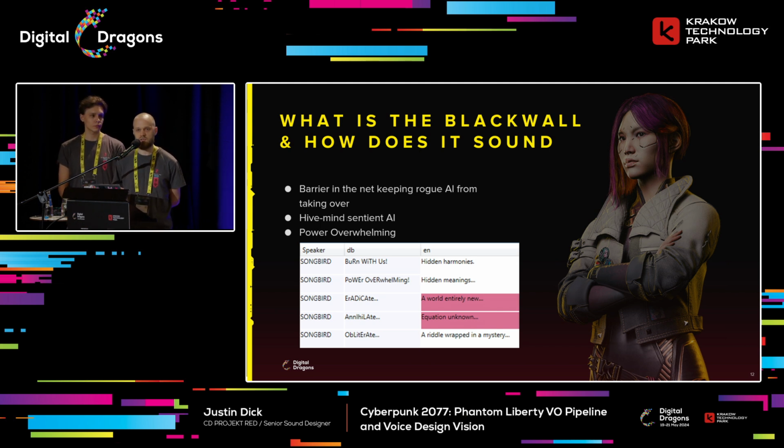entering local networks, where if they were to have access would cause chaos, mayhem, the end of the world, minor things, you know. And due to this, the Blackwall is very volatile, very aggressive. So most who come in contact with the Blackwall end up dying. This is exemplified in the base game, where there's a scene where the Blackwall is touched and a number